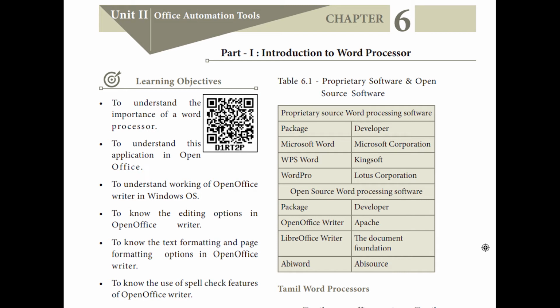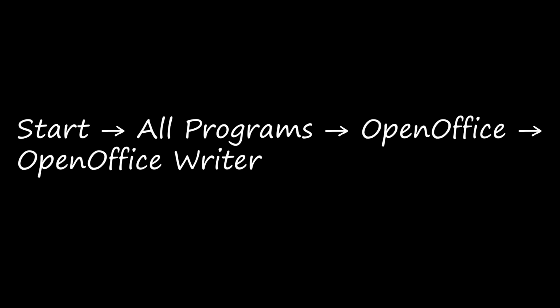After installing, about creating a new document, here, this is Open Office Writer, right? Once you have installed Open Office, the Open Office suite will be there in your laptop or computer. To open it, first you will go to Start. In every computer, on the desktop, in the left bottom corner, you will have a Start symbol. In some versions, the Windows logo will be there. In some versions of the Windows operating system, it will be written as Start. So that is the Start button.